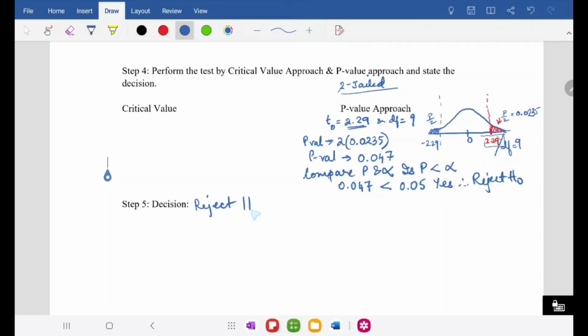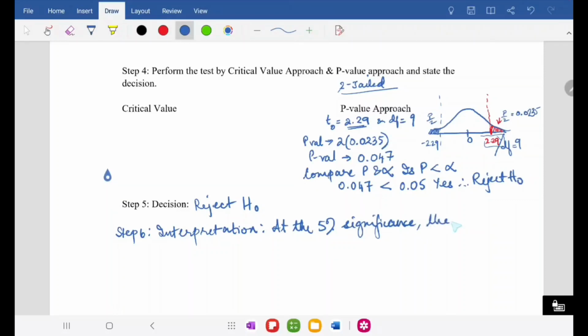And like I said, you do need to interpret it, even if they don't ask you. The final step is interpretation. All right, so at the 5% significance level, because we rejected the null hypothesis, we are going to say the data do provide sufficient evidence to conclude,